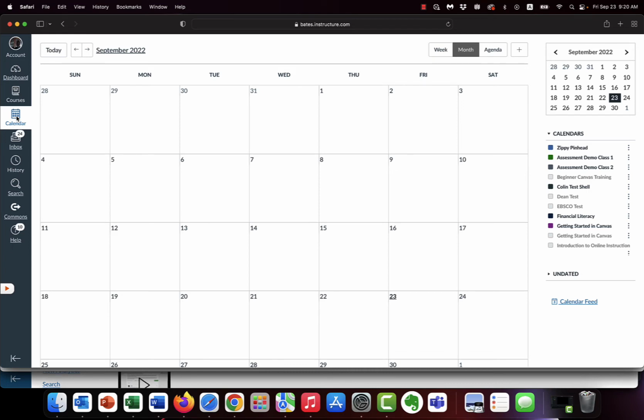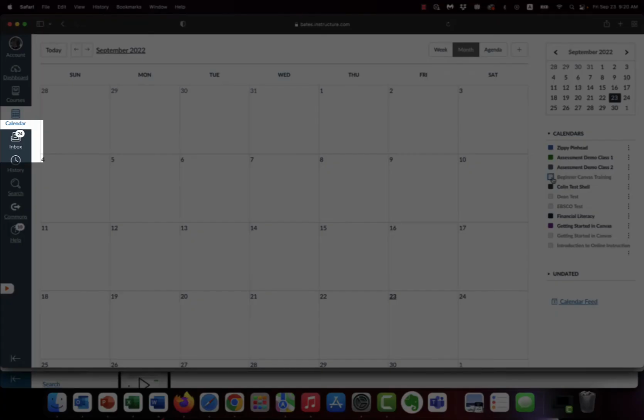Most importantly for a lot of you, your Zoom sessions, assuming your instructor scheduled those, you will see Zoom sessions in here, including the link to access the Zoom session. So everything should be here. A quick tip, if it's not, over here you can turn calendars on and off, up to 10 different ones. Just make sure that your course calendar is actually turned on, and you should see it there.